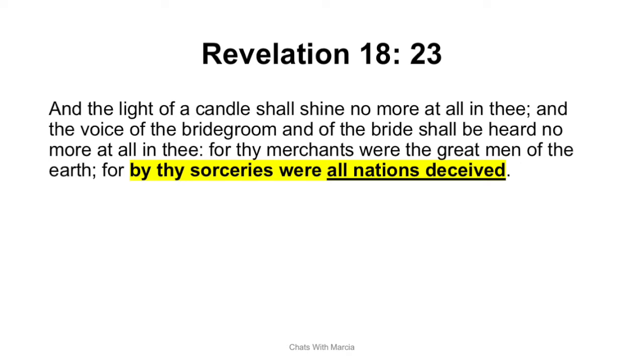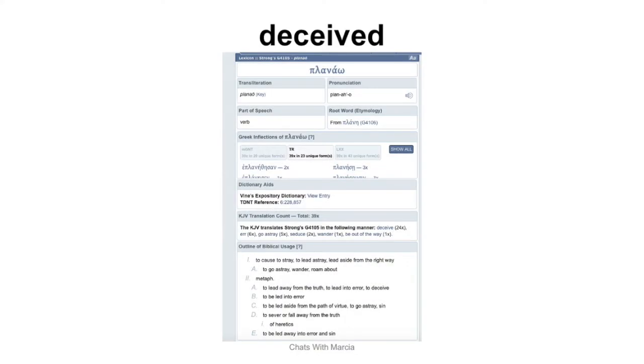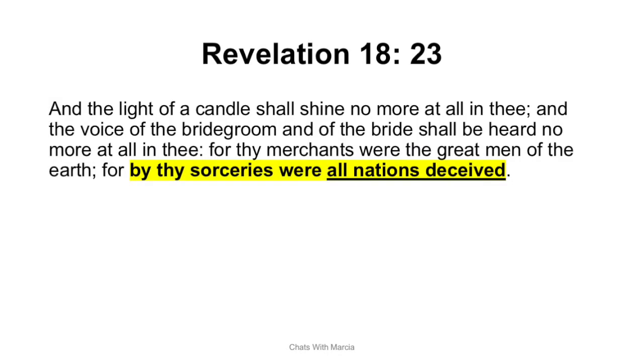This scripture tells us that the purpose of this sorcery is to deceive. To deceive means to lead astray, to lead away from the truth, and to lead into error and sin. So then the people that are under the spell of Babylon are being led into error and sin. Babylon's purpose then is to lead the whole world away from the truth and into sin. This is Babylon's purpose and the role that she plays. The book of Revelation tells us that this mystery Babylon sits upon the beast. There is a lot that can be said about Babylon, but the focus of this video is to understand the